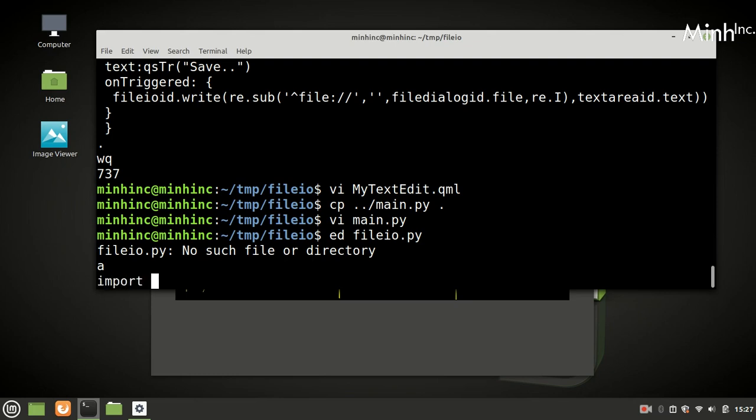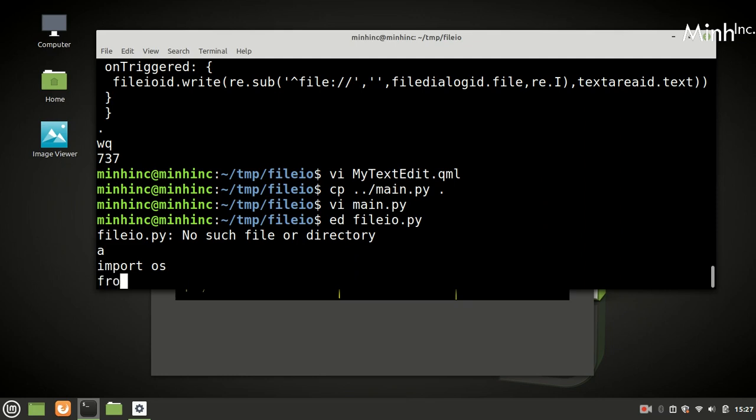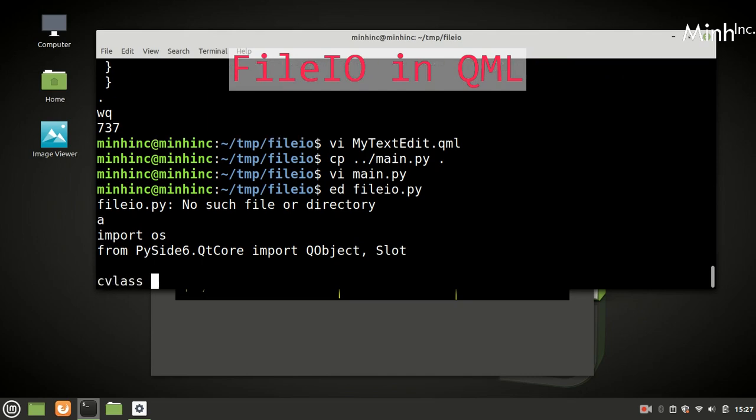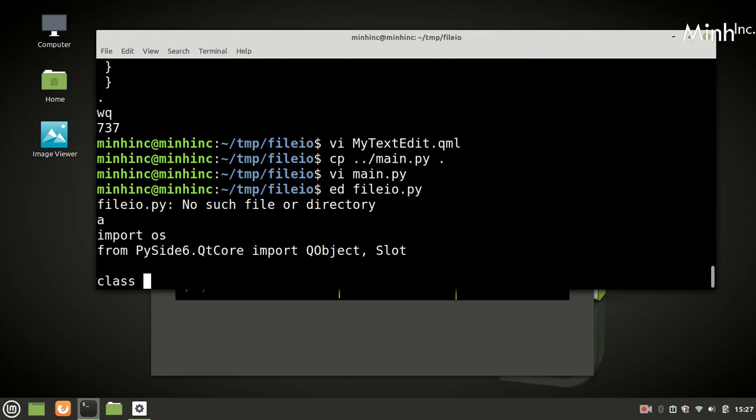Okay, so we'll do import os, from PySide6.QtCore import QObject and Slot, class FileIO.